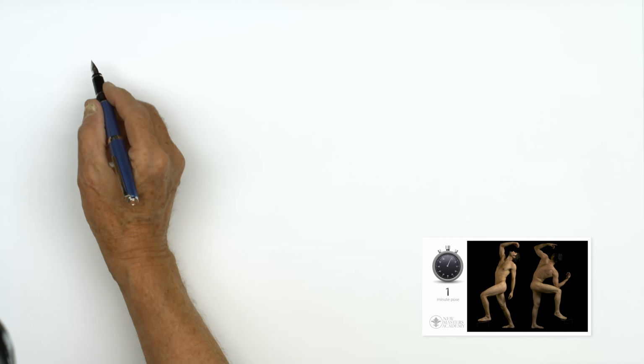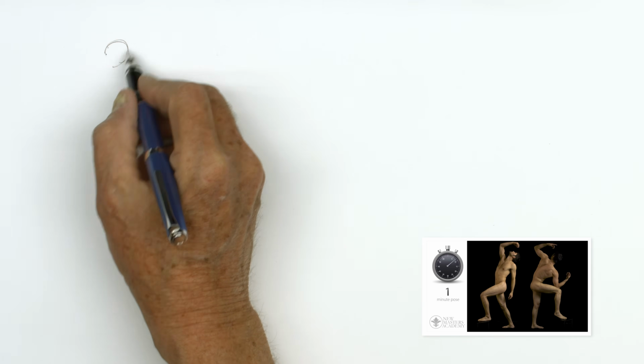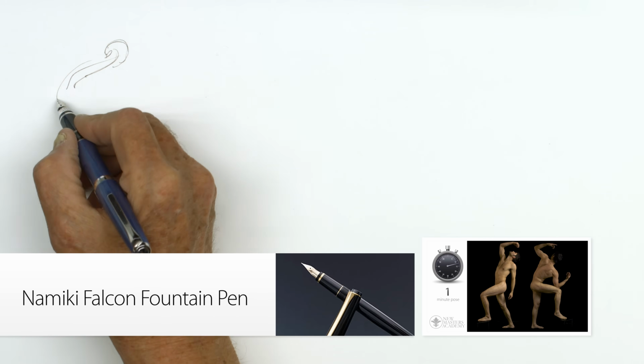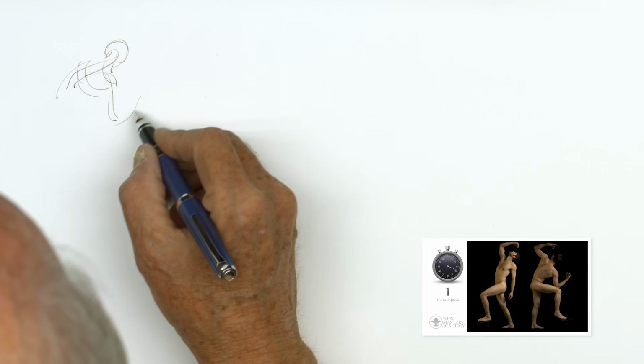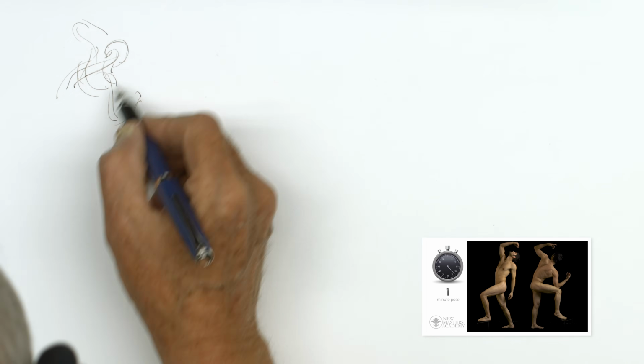Okay, drawing on the right. Now, flow. Again, I approach this the same way I do a 1 hour pose. First to get the action. Through, cross,